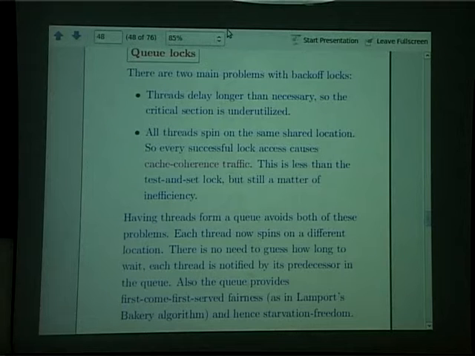So what you want to do is have threads which form a queue, and this avoids both these problems. First, each thread will now spin on a different location. Because there is a queue, this thread will be spinning on, let's say, its position in the queue, the other thread will be spinning on its position in the queue, and so on. Secondly, there is no need to guess how long to wait. You don't have to do this back off business, because each thread will be notified by its predecessor in the